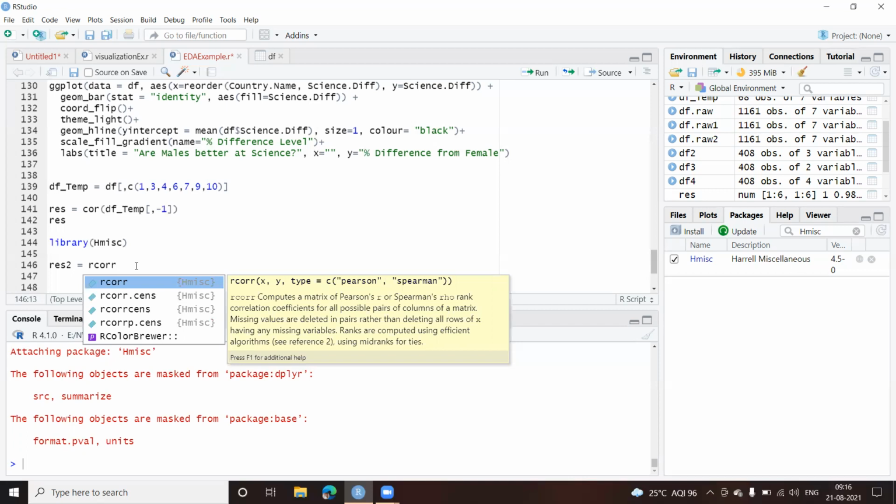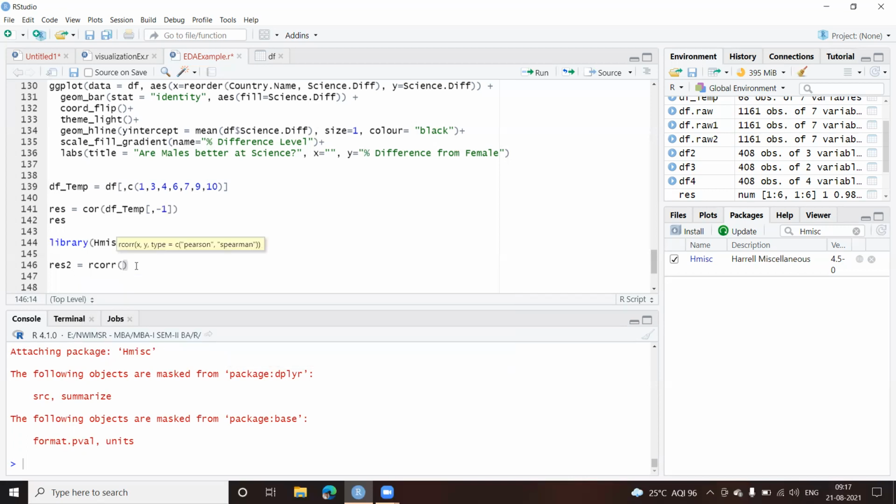Okay, now this is more technical into statistics. So if you're interested in learning more on statistics, please do go through some topics on correlation and especially your calculations, your normal distribution, and so on. That will give you a fair idea about what these values are and how they are calculated as well. Now, I'm not interested in how it is calculated right now. So I'll just pass on the data frame now, because it takes a matrix.